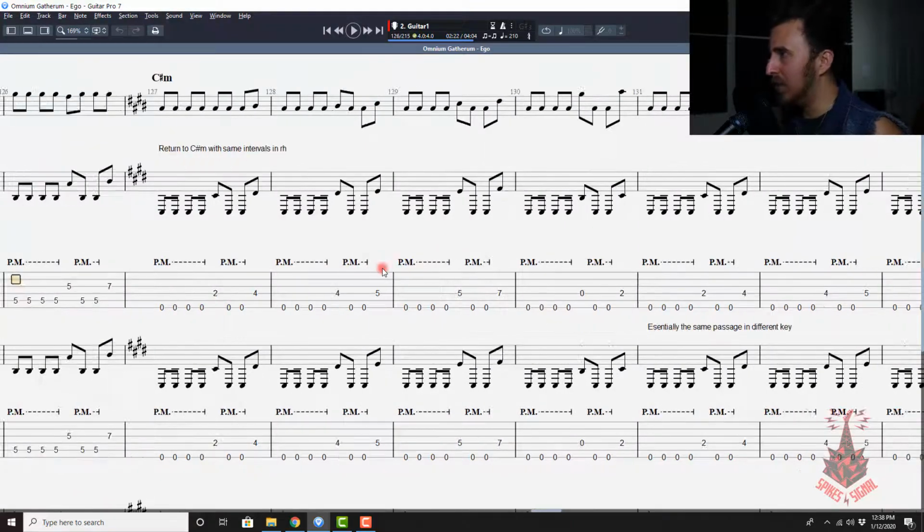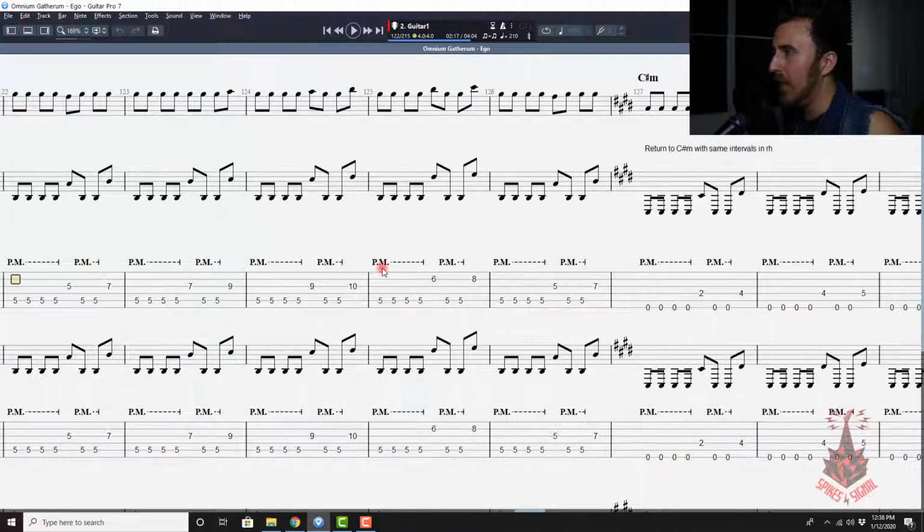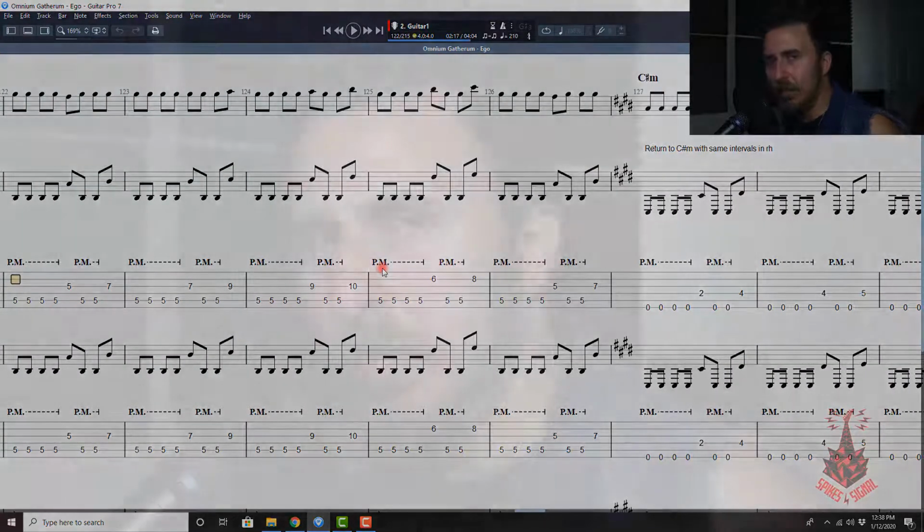And that brings to light something very important here. This song does something really cool, which I don't hear that frequently in melodic death metal, and perhaps as I analyze more of these songs, I'll see it more, but I haven't been able to pick it out yet. What it does is essentially copy and paste, and I don't mean this in a bad way, but it duplicates exact same interval movements within keys to different keys